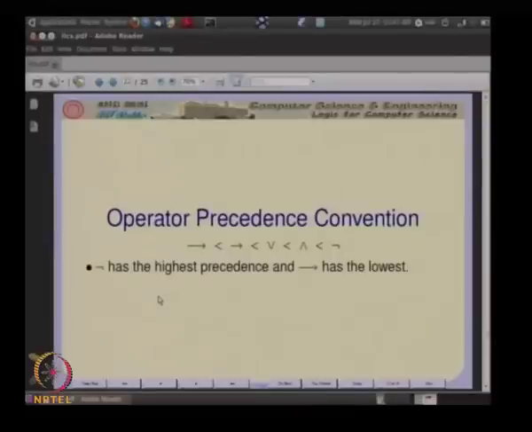All that is of course purely a matter of dealing with strings, but we don't actually want to look at it this way. So instead of looking at it as strings and breaking our heads about parentheses and so on, the simplest thing to do is to look upon them as trees. These are what are known as well-formed sentences. So here's the operator precedence convention, which says that negation has the highest precedence, and I'm sorry, this is wrong. This should be the biconditional, which I have written here, that has the lowest precedence. But more importantly, this kind of thing, dealing with strings and parentheses and so forth,